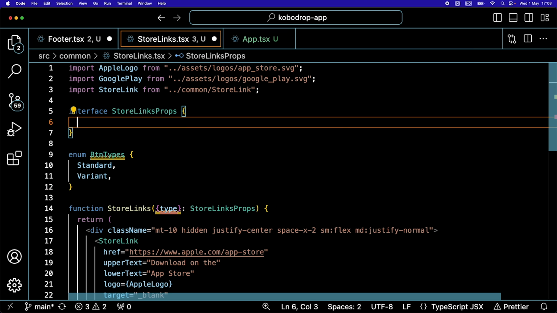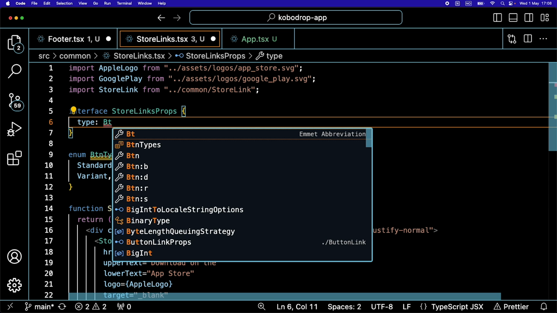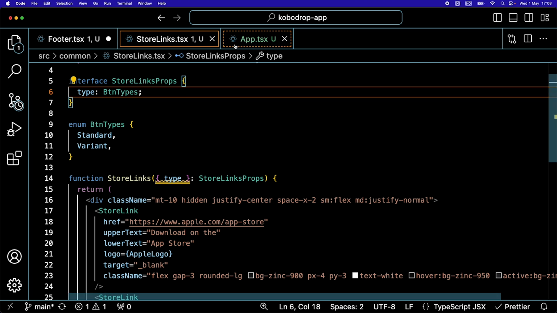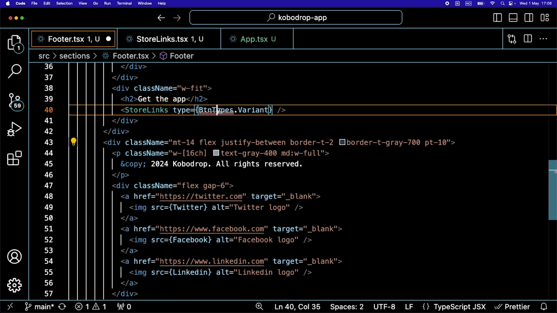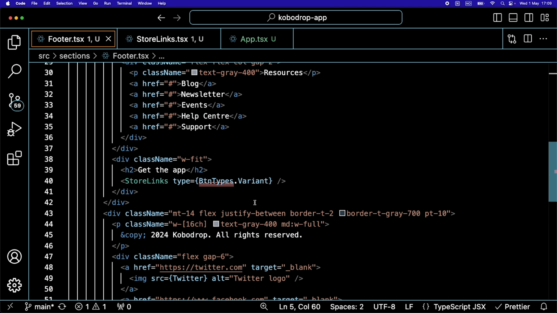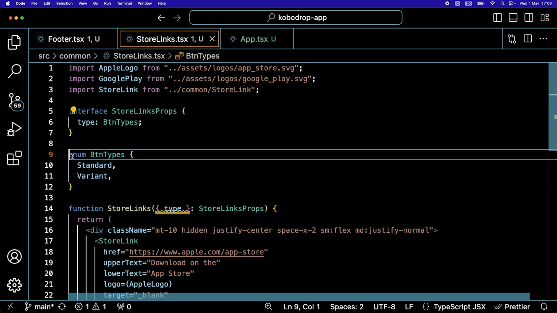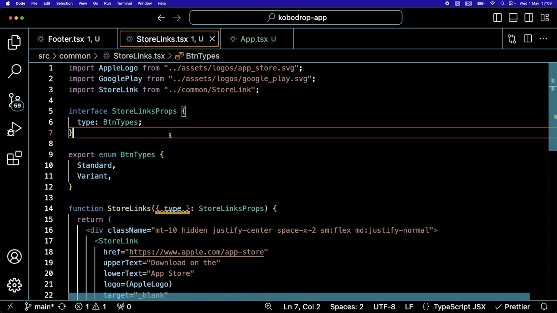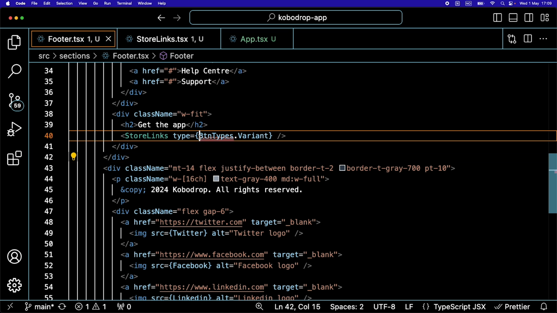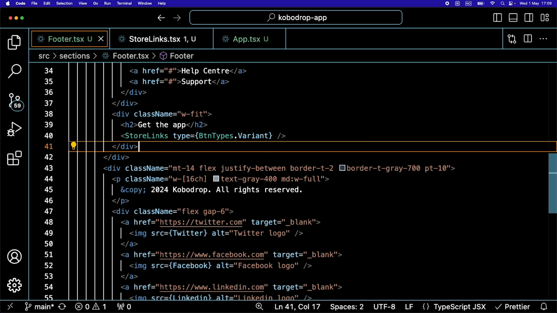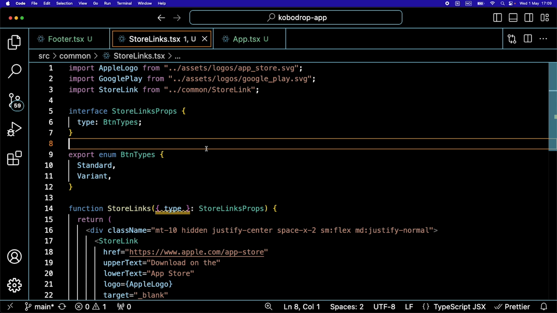And we need to define that with type, and it can be either standard or the variant. And as we see here, we have chosen the button types. So we need to be able to access these button types inside of another component. So let's export them here. Export. And then if we start writing btn types here, perfect, variant. There we go. Now if we go to the store links,